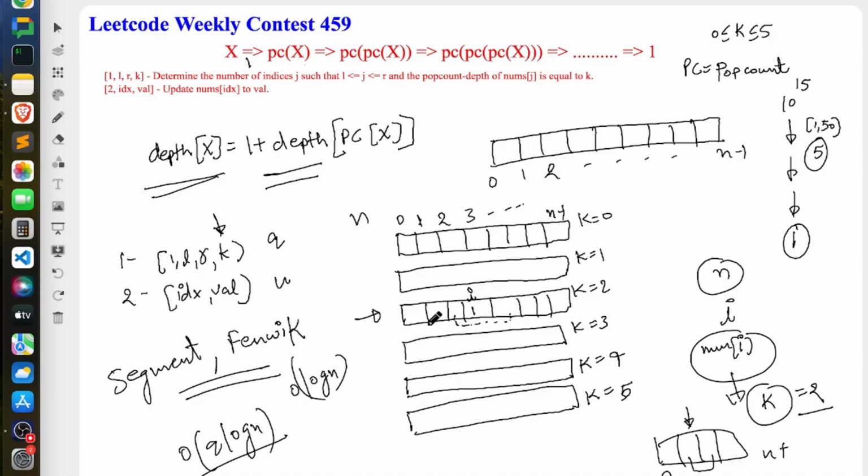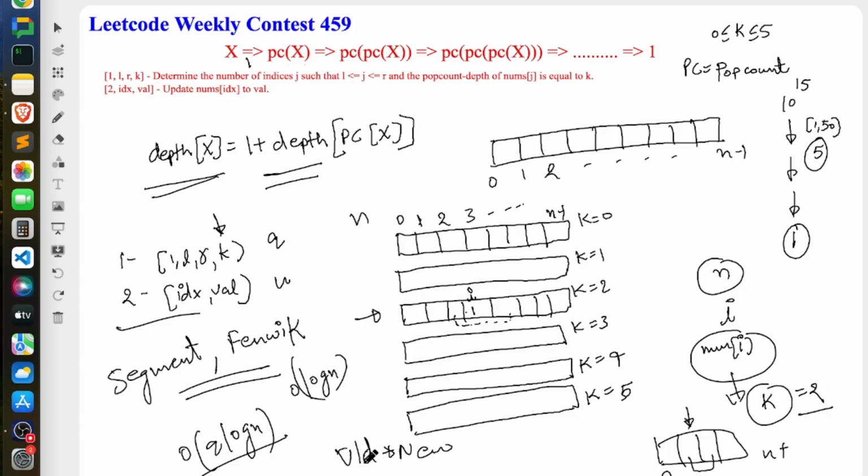So I'll just use the same logic here. I'll just find the sum between L to R. Let's say you are given a query of type 2: at an index, you have to replace the current value with a new value. What I will do is first find the previous depth. I will go to that depth in that Fenwick tree. I will update it with -1 first, because now I have to remove it, right? Earlier I added 1 because I had one number, but since you have to replace your older value with a new value,